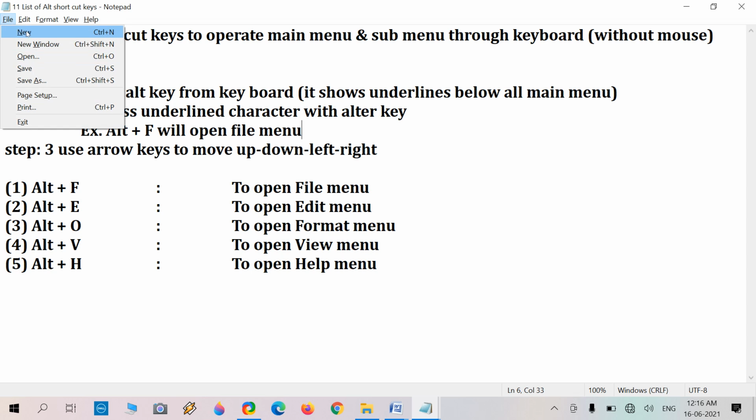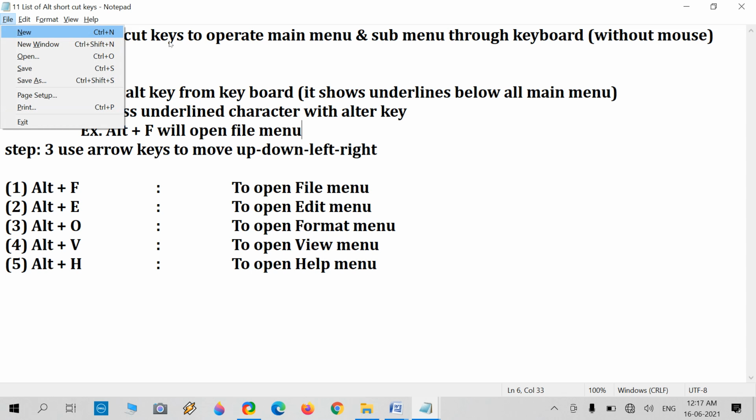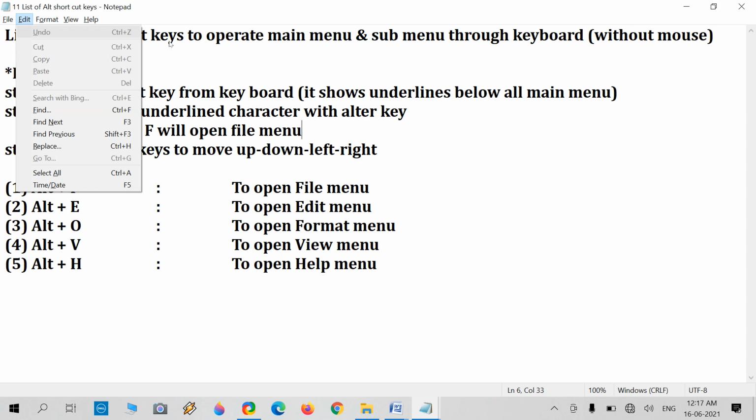Okay, for this I'm not using the arrow now. Press ESC, the escape key. There is an escape key at the top left position on your keyboard, written as ESC, one of the smallest keys. Press escape to quit from the file or any other menu. Like I'm pressing Alt F again, and now I'm pressing the ESC key from the keyboard. Okay, and I'm using Alt E, and it will open the edit menu.